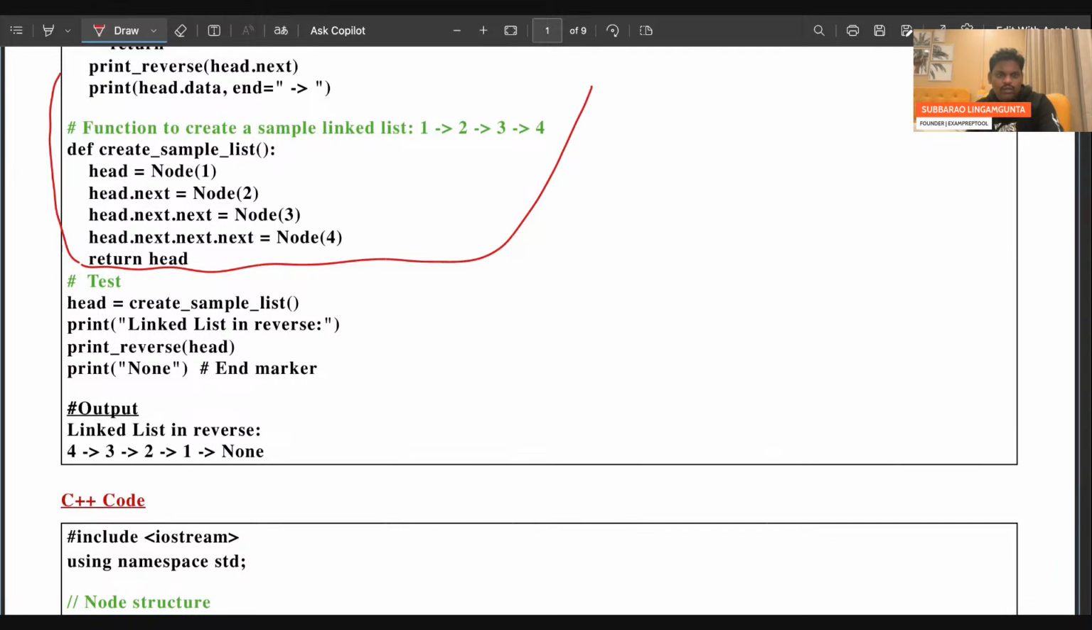So I will show the code to you. Print reverse from the main program. From the main program, see, head is equal to create sample list. Okay, created. Afterwards, print the list in the reverse order. Now call the recursive function. When you call the recursive function,